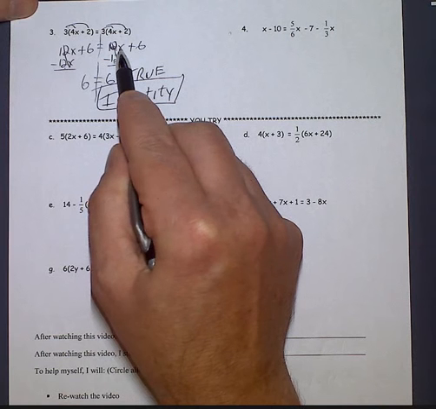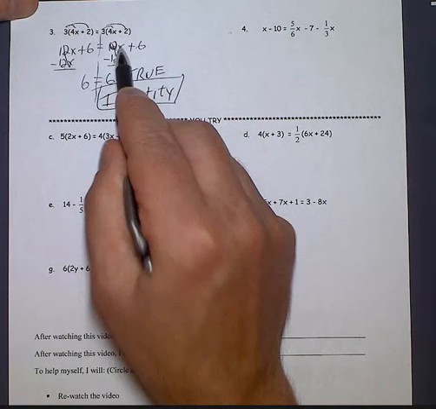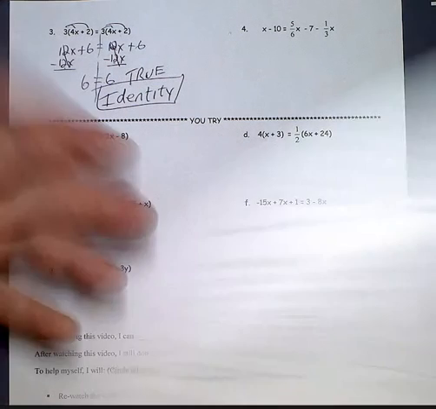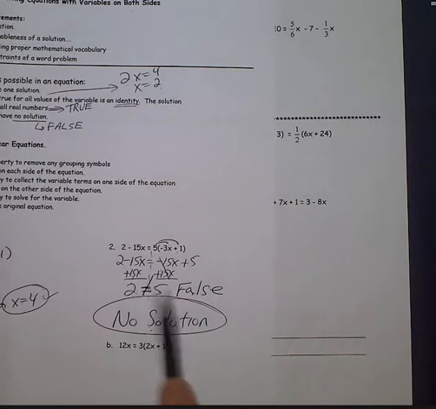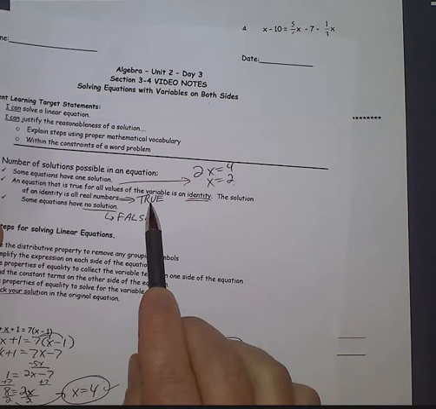And that's how we could prove. We could put anything in here and it would work. Okay, when you get a true statement, identity. Back on that front page, when we got that false statement, there was no solution. Okay, right up here. True is identity. All right,